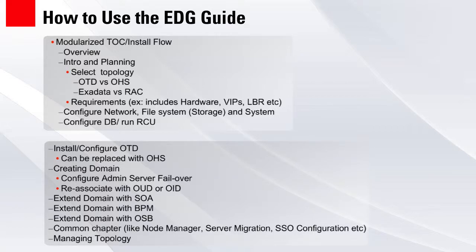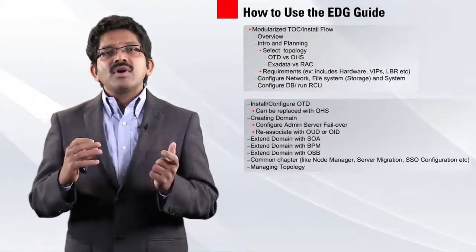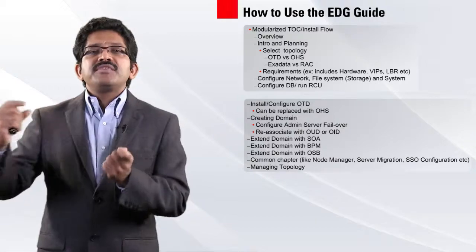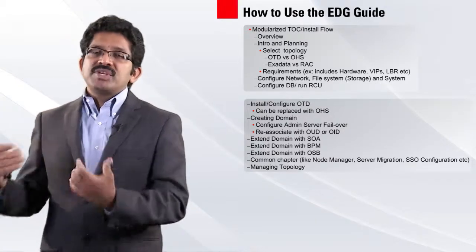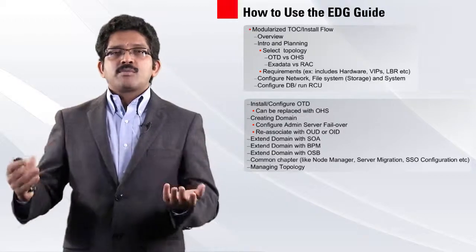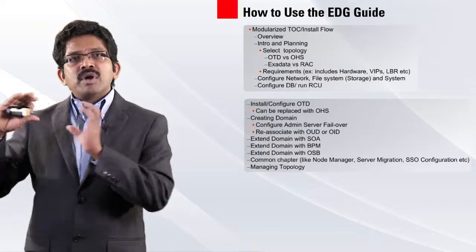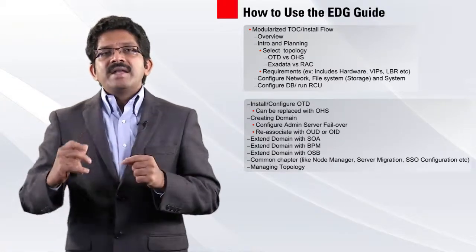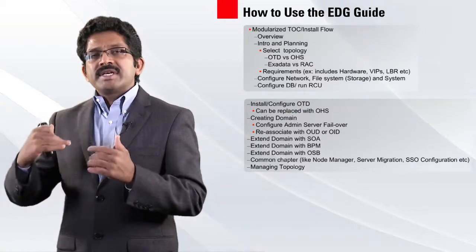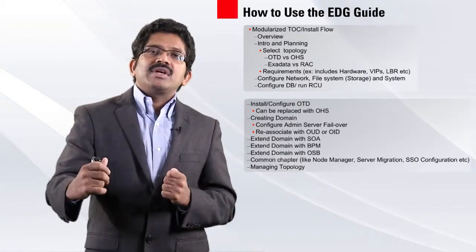The deployment guide architecture itself is modular. So it means a single guide, but it supports multiple use cases. For example, the table of contents shows what options the customer has. It shows a flow chart. So based on the requirement, the customer can pick and choose different chapters in the guide based on their architecture. Since it is modular, the most common chapters are segregated into must-have chapters, and then all the optional chapters are segregated into different chapters so that the customer can pick whatever product they